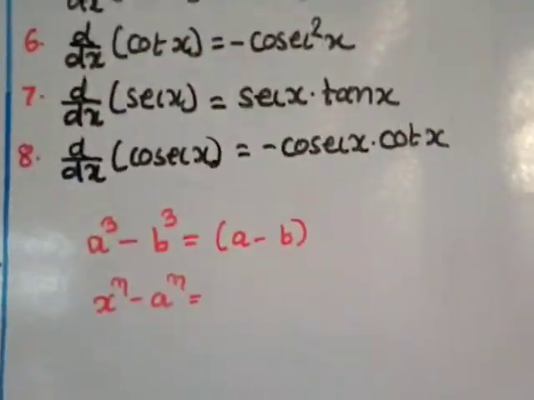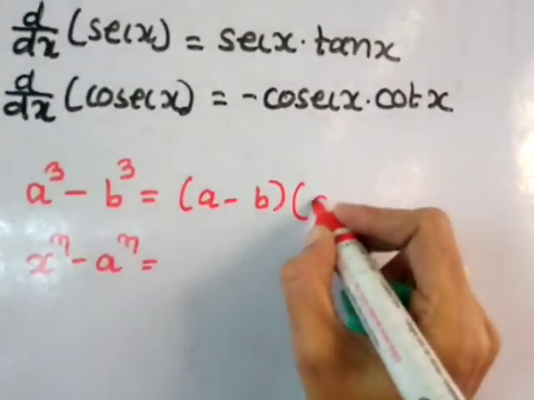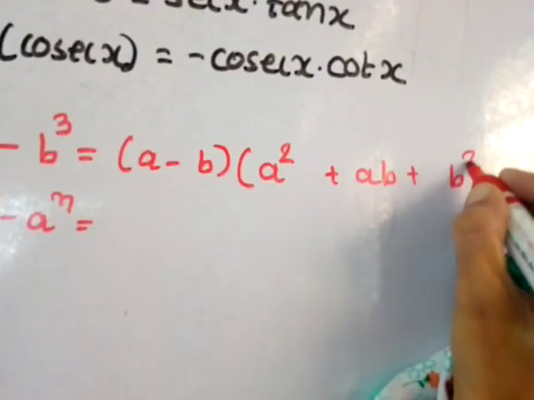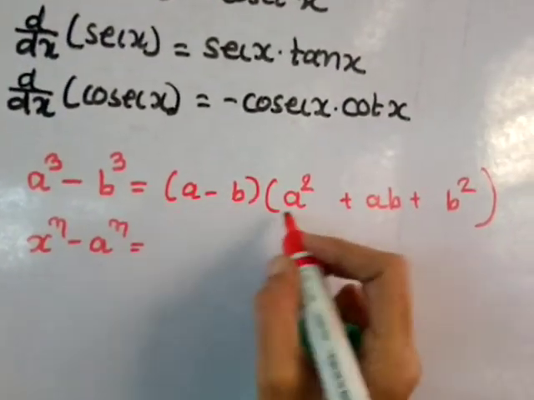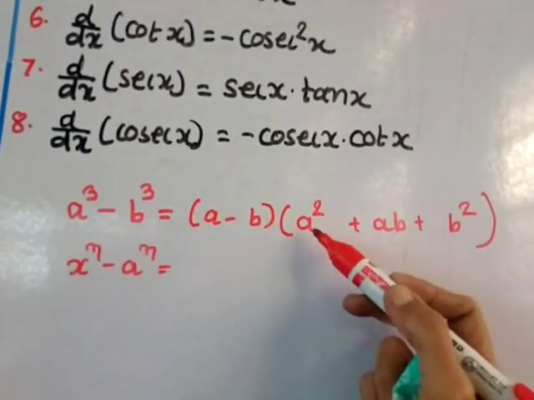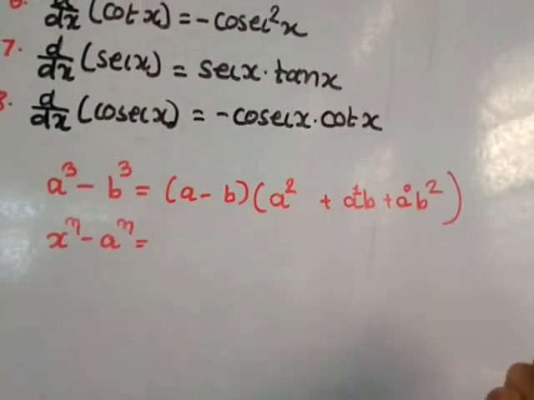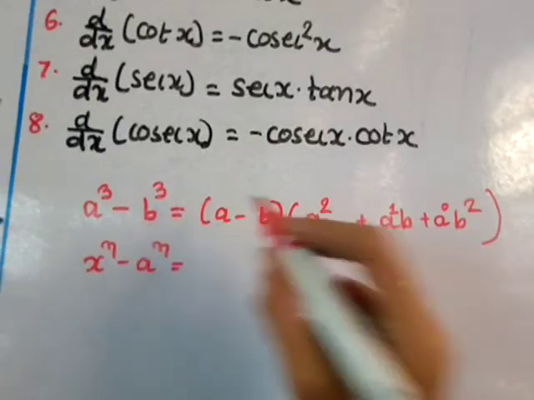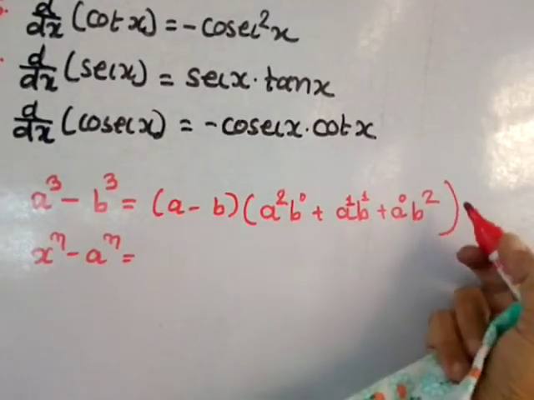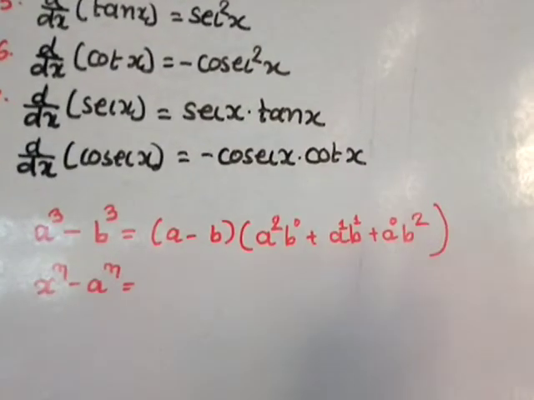You know the factors of a cube minus b cube. I have written a minus b. The second bracket will be a square plus ab plus b square. Now close the bracket. Now you can see a power 3, a minus b is taken factor out. So if 3, then starting a power 2, then here a power 1, and here a power 0, because a power 0 is 1. And for the second term, you will start with the 0 power, that is b power 0 is 1. Here 1 power, then here 2 power, and 2 is the highest because 3 is there, so it should be less than 3, which is 2.